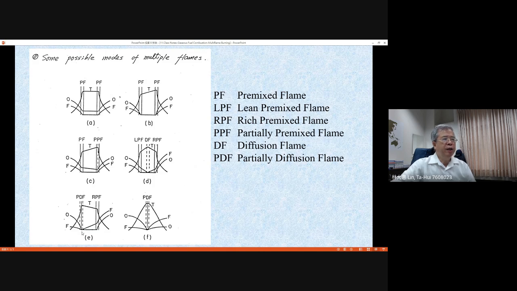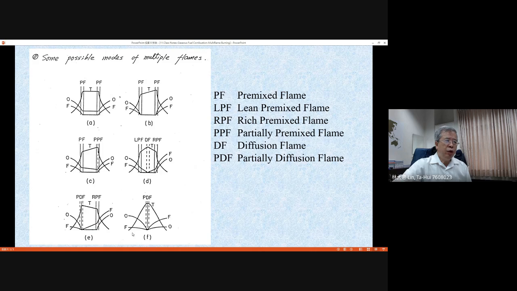But now you try to think about what kinds of flame you have. You have fuel coming from both sides, right? And oxygen coming from only one side. Now the question is, is it a premixed flame or a diffusion flame? It depends on the importance of the boundary condition that influences your burning. When you look at here, the fuel coming from the right hand side has a higher concentration than that from the left hand side, right? Which means the burning of this flame is governed by the fuel diffused from the right hand side. Okay,